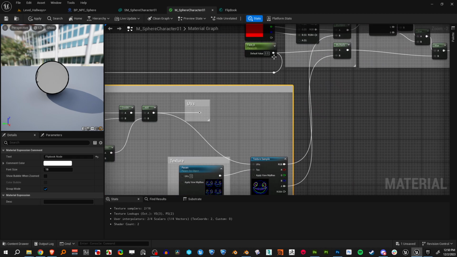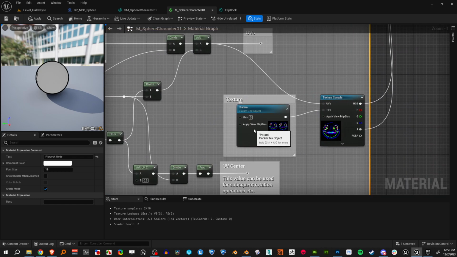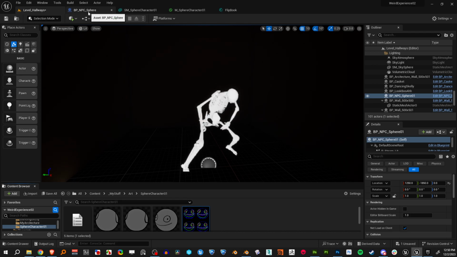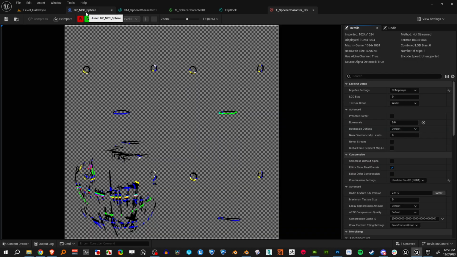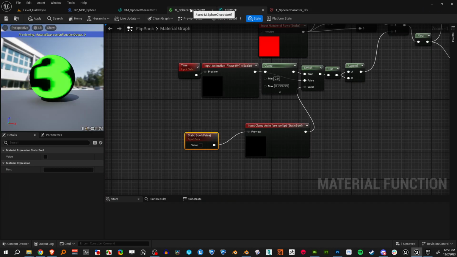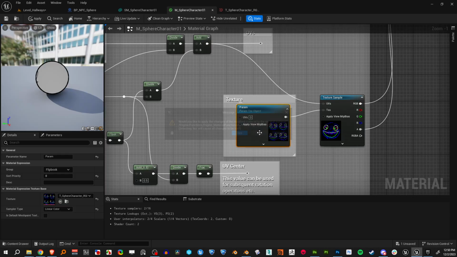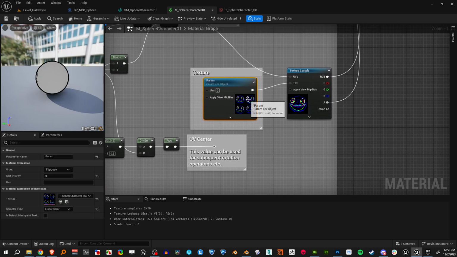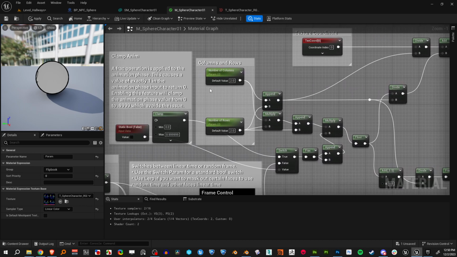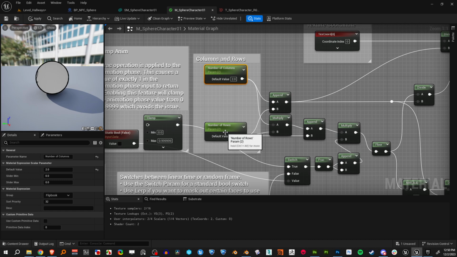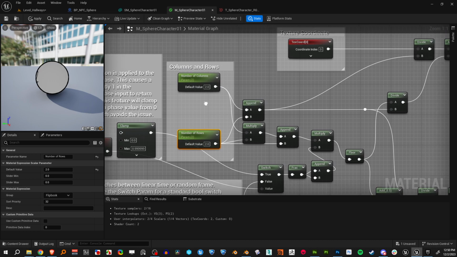So here's our texture. Oopsies. What the heck? Oh yeah. So there's our texture down here. I can close that. So there it is. And then the flipbook node, you just tell it how many columns and rows you have. So I have 2 by 2. For the skeleton, I've got like 15 by 14. And then it